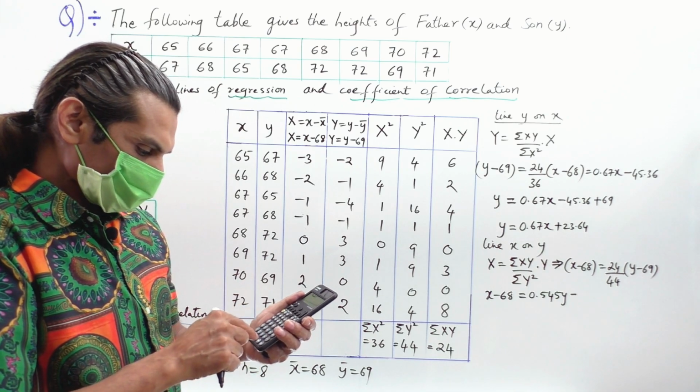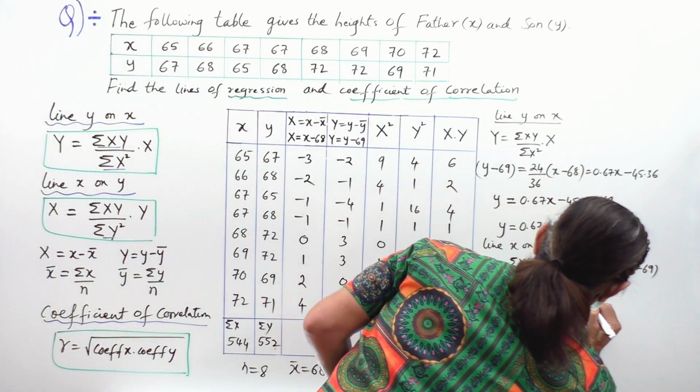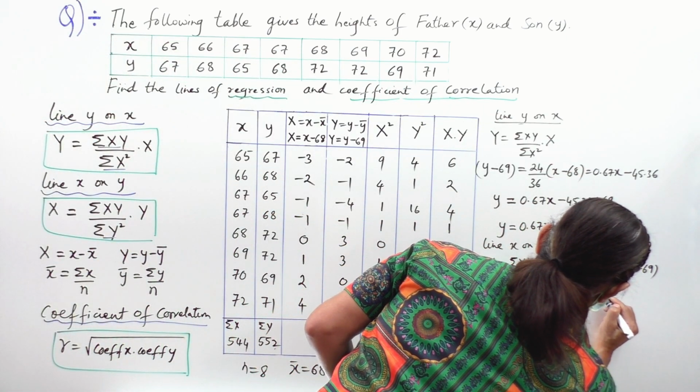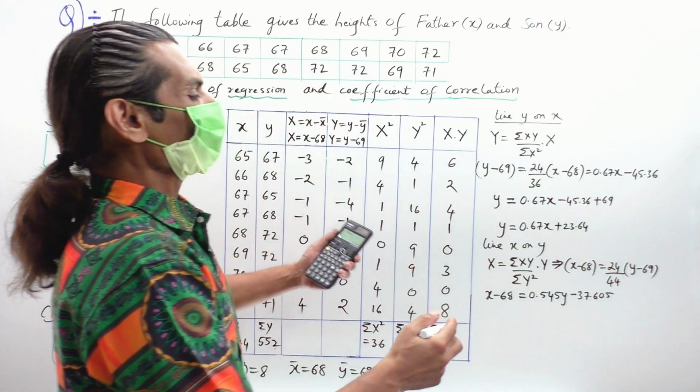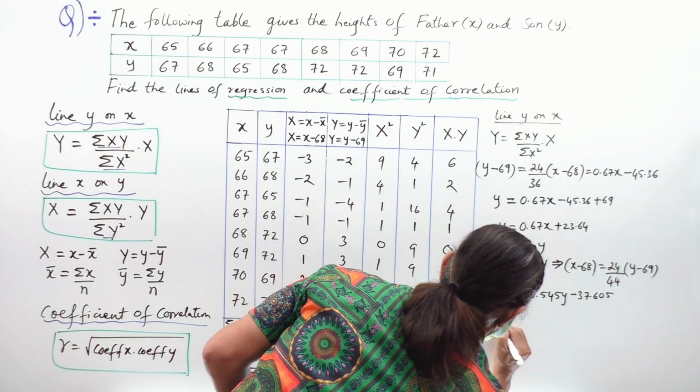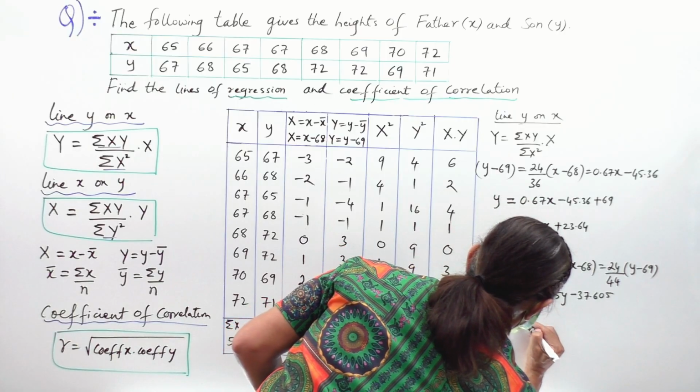So we have it as 37.605, 37.605. Therefore, I write the answer here, the line y and x is equal to